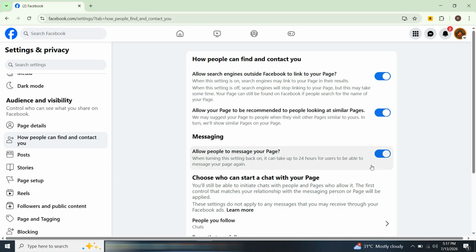You'll also see an option allowing Facebook to recommend your page to people who visit similar businesses. I recommend keeping this enabled because it can help your page reach customers who are already interested in businesses like yours. I hope this tutorial helped you understand how to create your page, customize it,